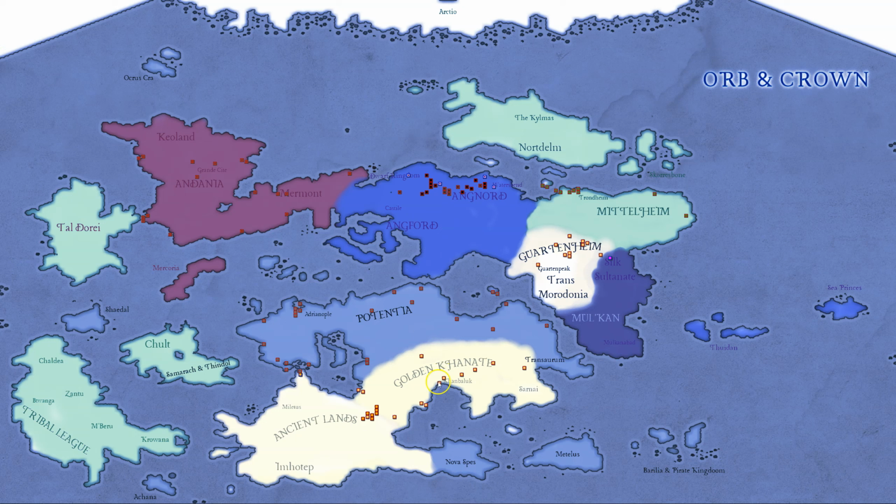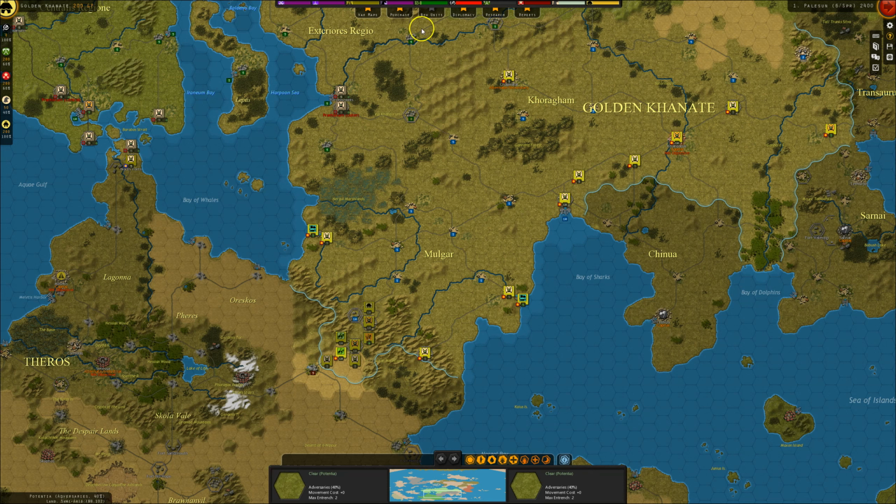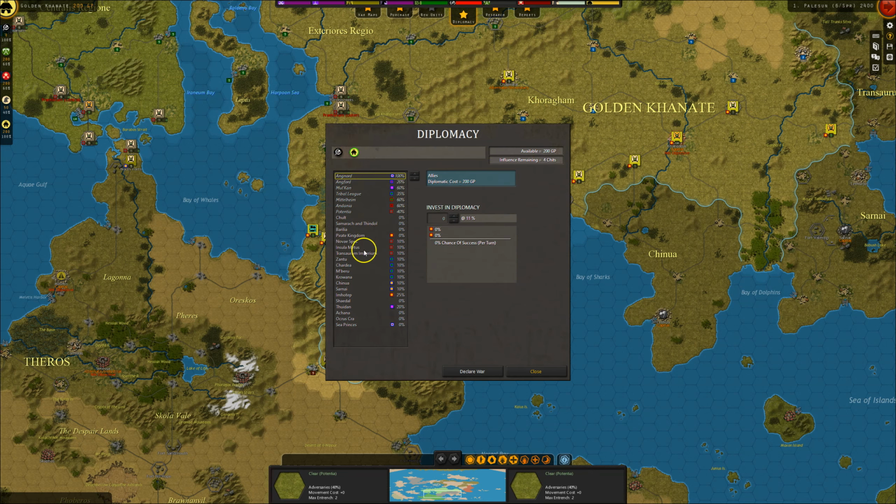Alright, now the Golden Carnate on the other hand, let's have a bit of a look at them. They're over here, and they have a potential ally down here in Imhotep on the other side of the ancient lands. They also have potential enemies in Sinai and Chinois, which is here. So what I'm going to do is try and get these guys on side for the same reason. They're gold pieces, and they've got quite a strong army that is very useful to have. So I click on here, click on diplomacy again, and go down to